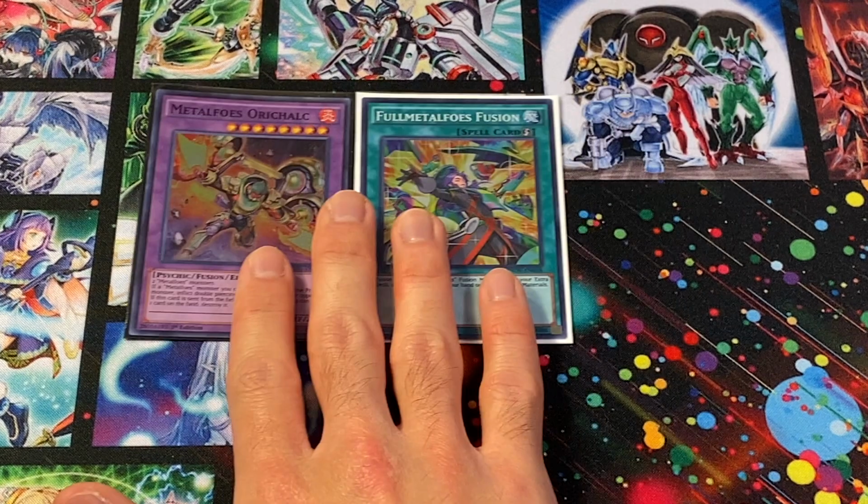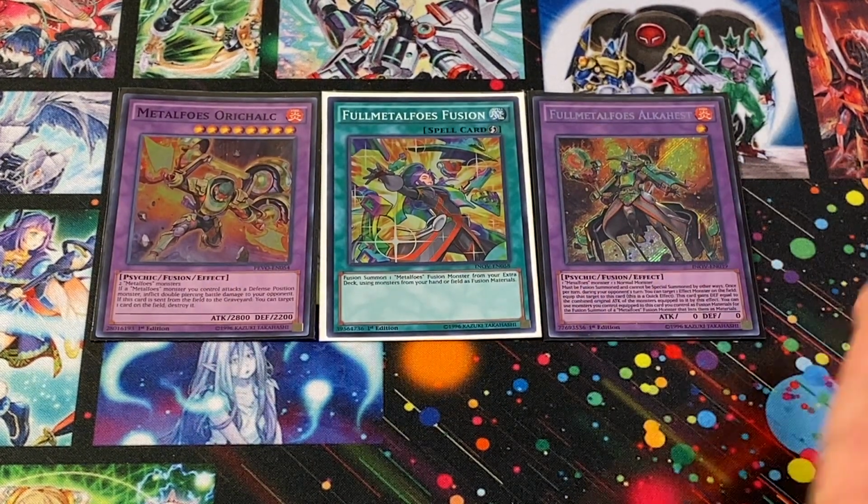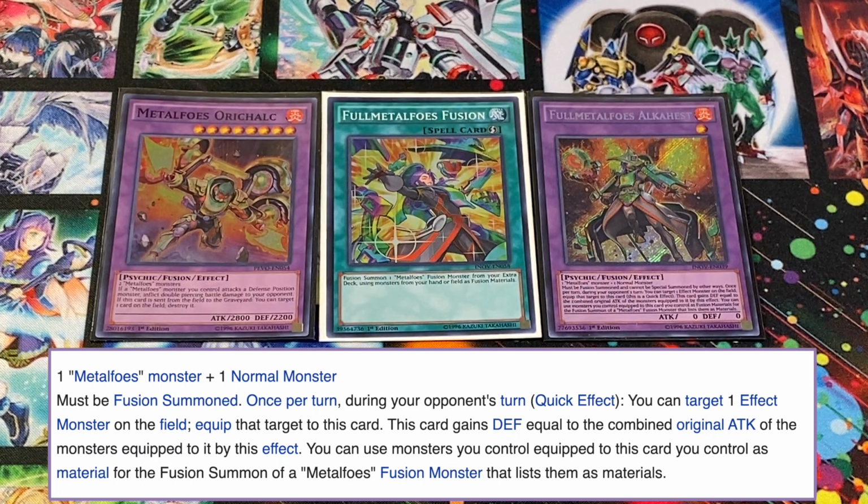That means that these 2 cards combo perfectly in bringing out a copy of Full Metalfoes Fusion, which needs a Metalfoes monster and a normal monster, probably a copy of a Metalfoe that you search during the end phase with your Bismugear. When you activate Full Metalfoes Fusion using a Metalfoes monster and a vanilla monster, you're able to then trigger its ability upon summoning your fusion monster, pop a card off this,